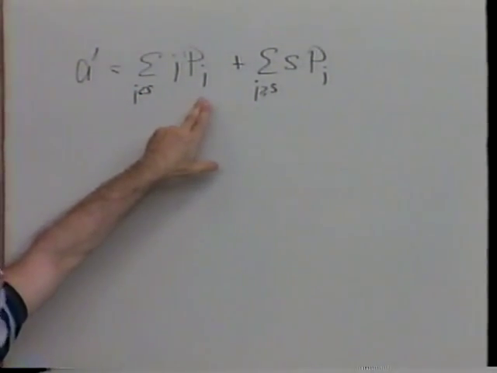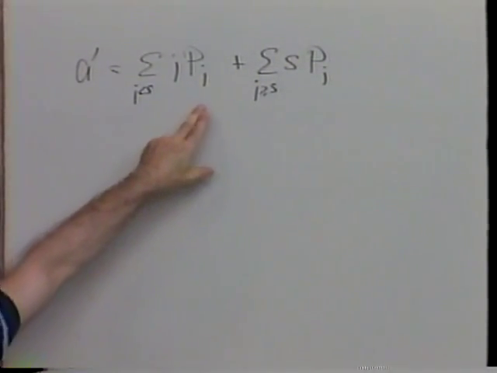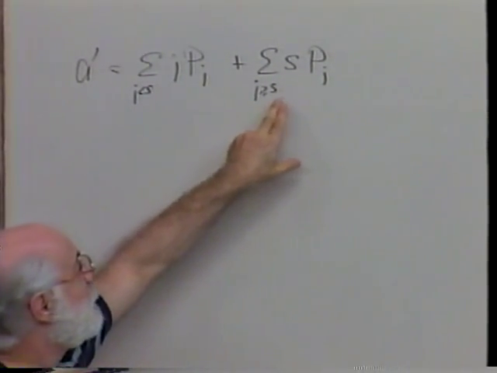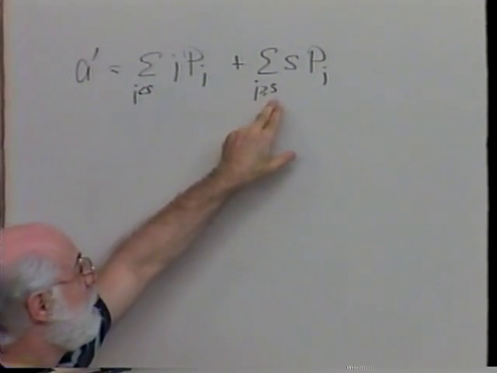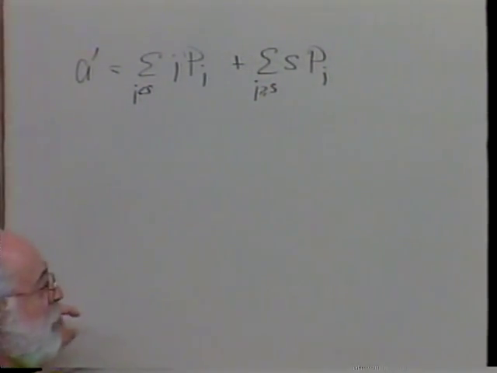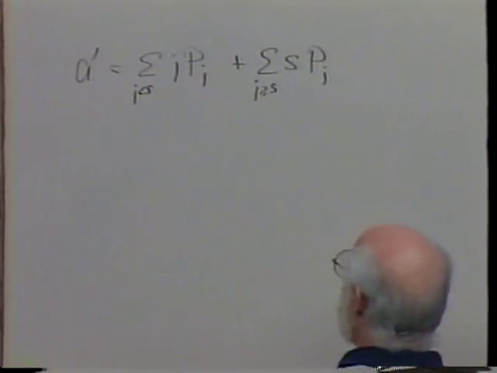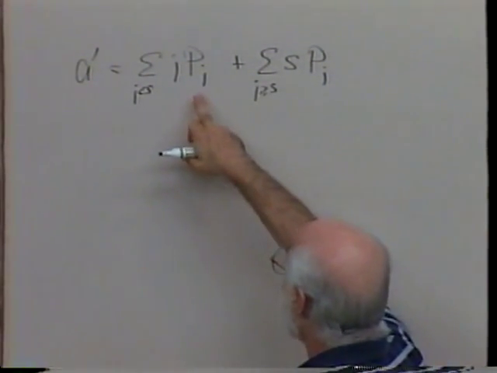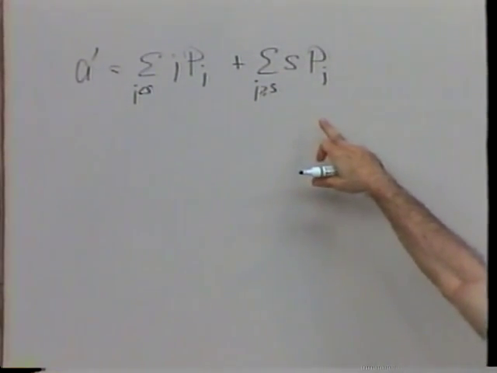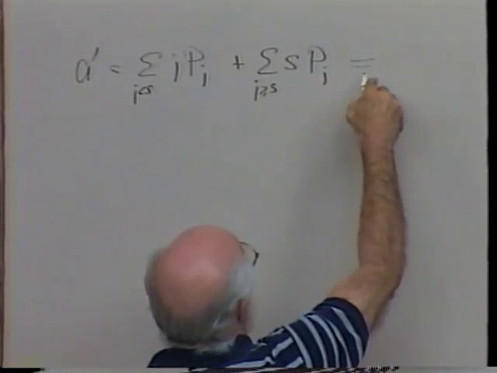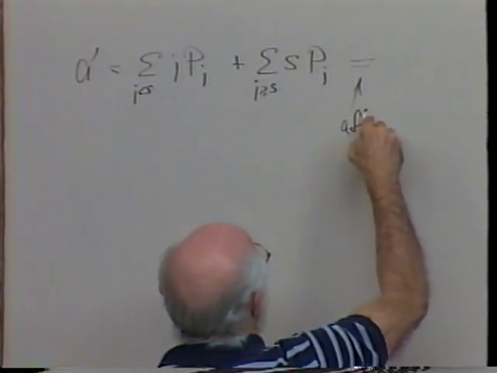When I'm in a state j, where j is less than s, then all the customers present are holding servers. And when I'm in a state j, where j is greater than s, then s of the customers are holding servers, and the rest of them are in the queue. So now, since I have the state probabilities, which of course I just erased, that's an example of good pedagogy, right? You erase something and then you use it immediately after erasing it. If I took those probabilities and plugged them in here, I would be able to sum this series, hopefully. And the answer is, if you do that, and it's just an algebraic exercise, so I'll write after algebra,